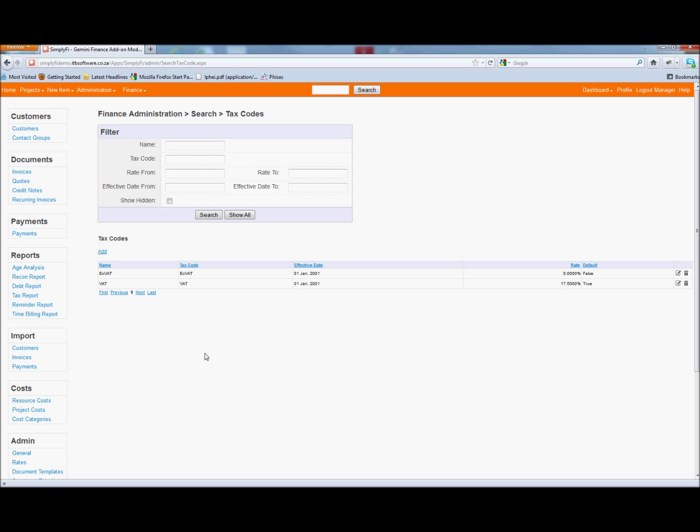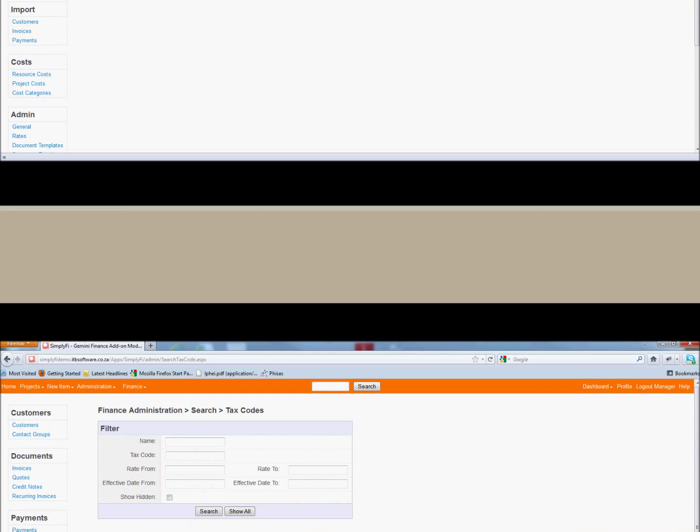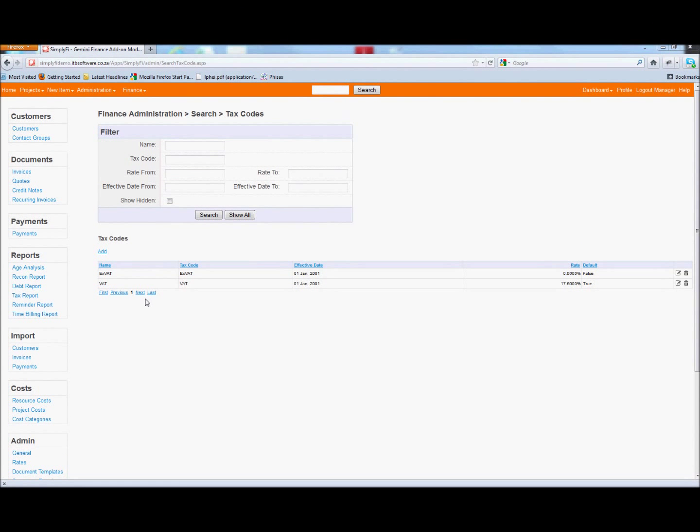You'll probably have noticed that I set the effective date for these tax codes to a date well in the past. This is to ensure that our tax configuration caters for any historical invoices I may want to import later on. Now that we have tax codes configured, we need to set up the appropriate payment terms to use for